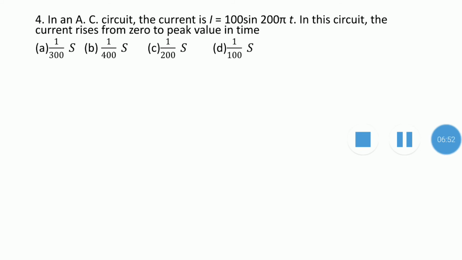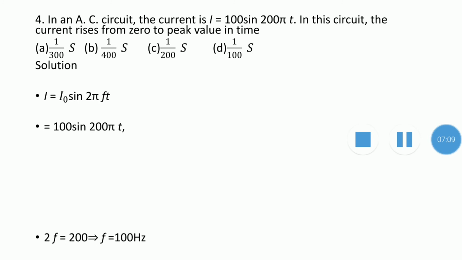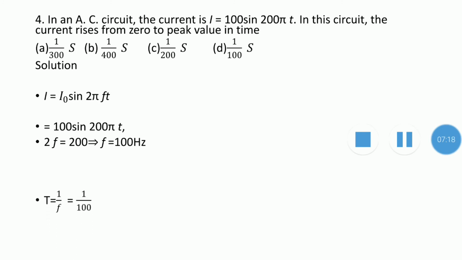So compare this given equation with the standard equation we have for current: I is equal to I naught sin 2 pi f t. In place of I naught we have 100. In place of 2 pi f we have 200 pi. So when you equate, f is equal to 100 Hertz. So we have a frequency term, calculate time period, it will be 1 divided by 100, but don't make haste,